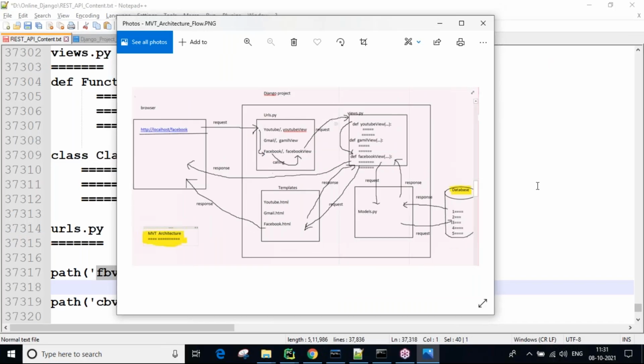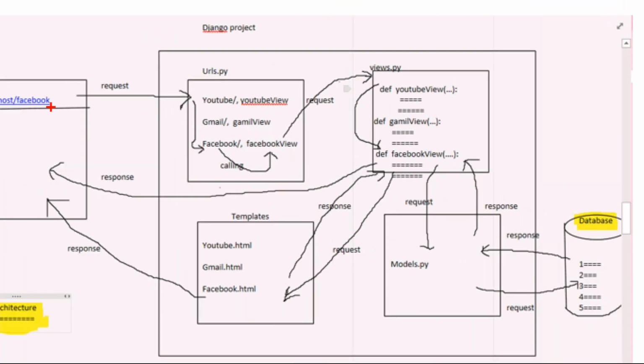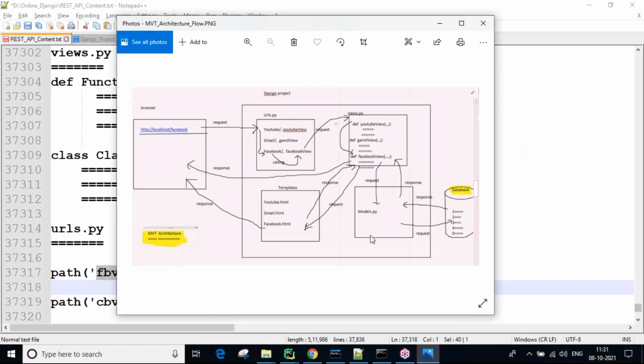See here, whenever the Facebook URL is sent, the Facebook URL matches, then it calls the Facebook view. In this Facebook view you write the logic. The Facebook view receives our request, processes that request, and generates the response. Our views sometimes interact with models to manage the database.